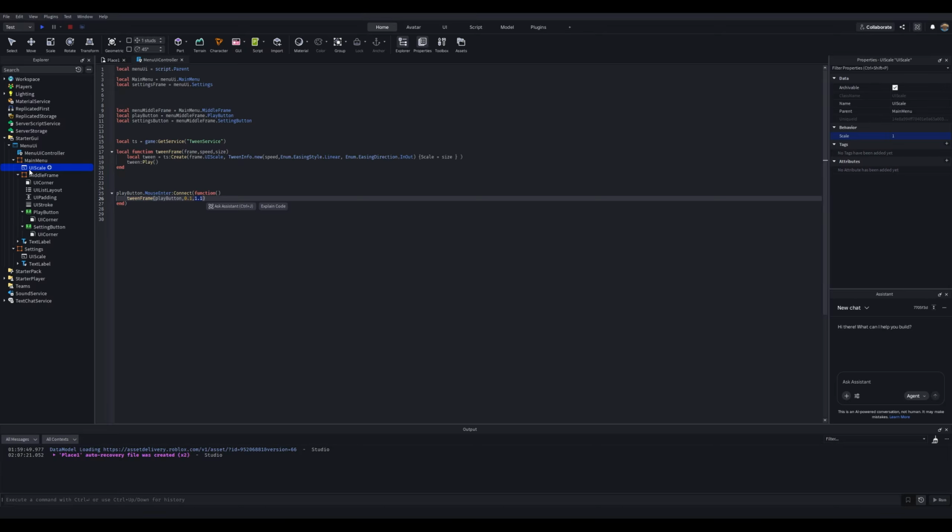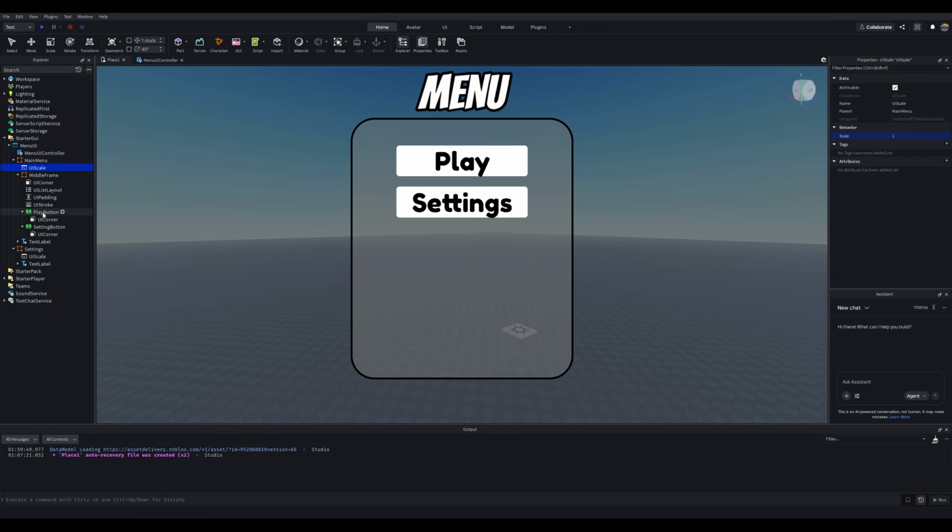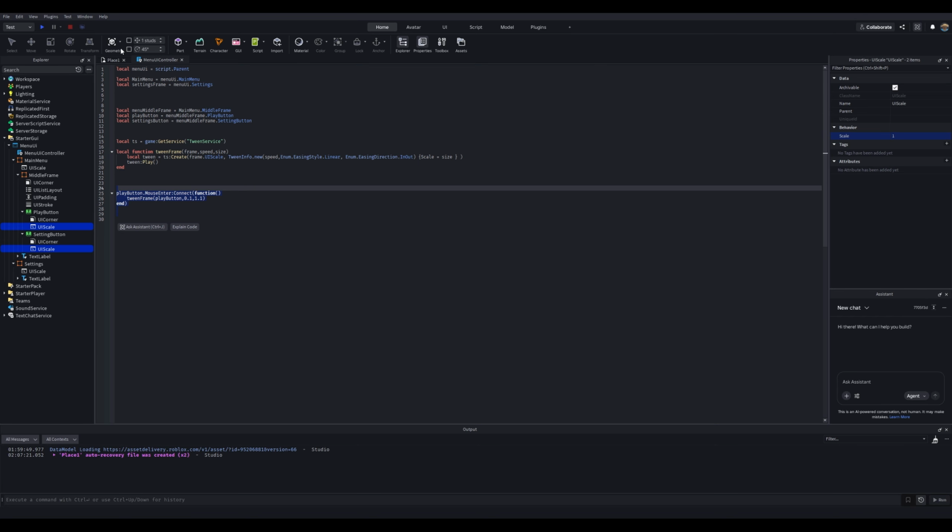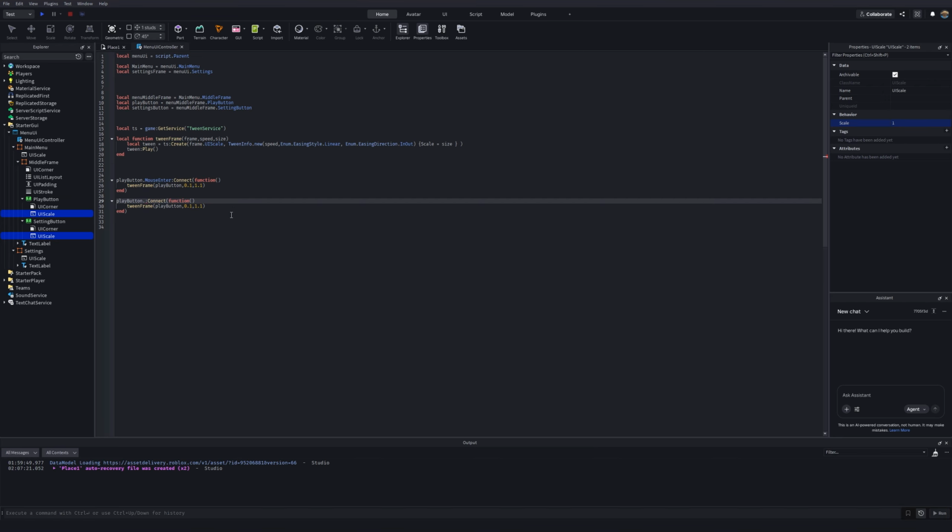One thing I forgot to include was to make sure your buttons also have a UI scale. This is optional. It's really all for the visuals, but it makes it look a little more professional. Cool. Play. Now we copy and pasted that, but now we're going to do